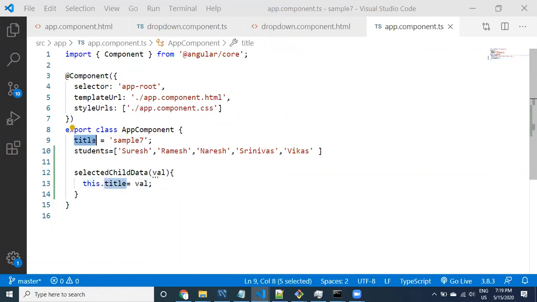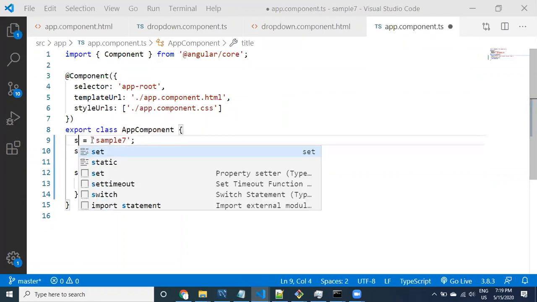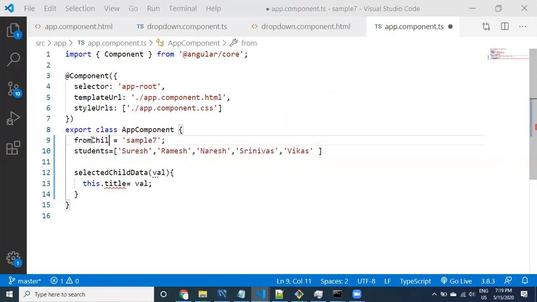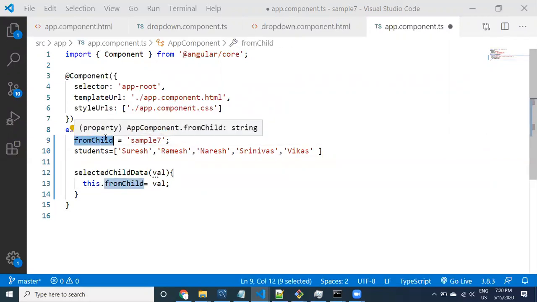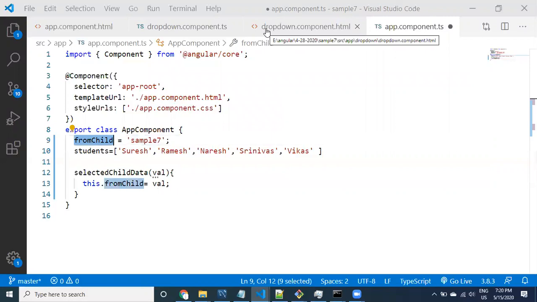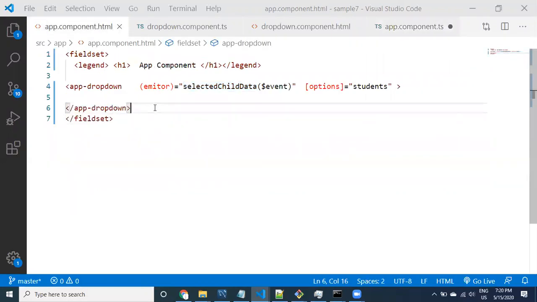Of course, if you want to change to a different property name, you can use fromChild. By default this is the value. Then you can use this fromChild again in the HTML code.